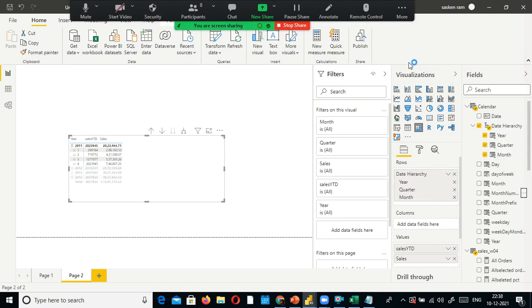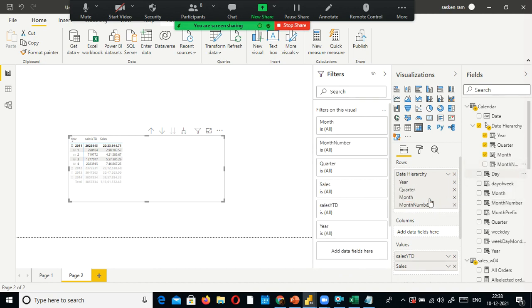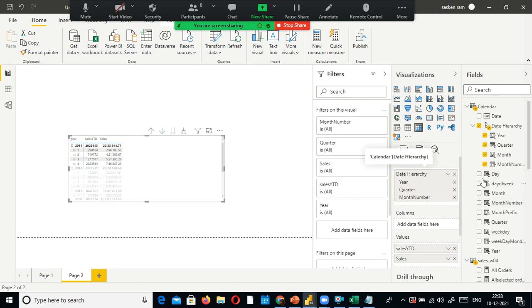Date hierarchy. Sorry, not month, month name, right?